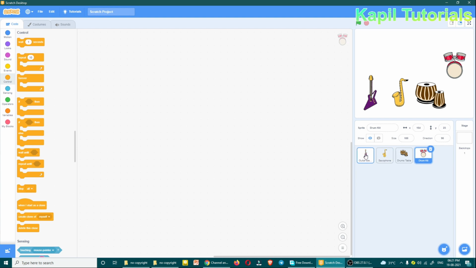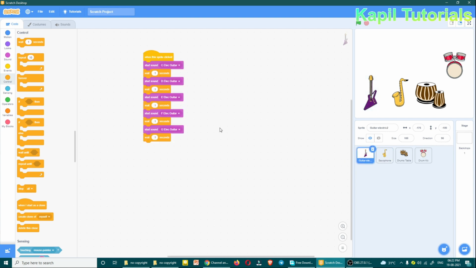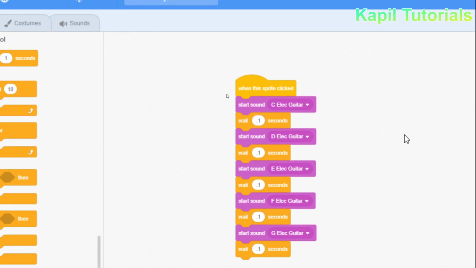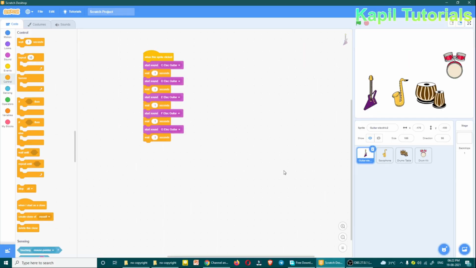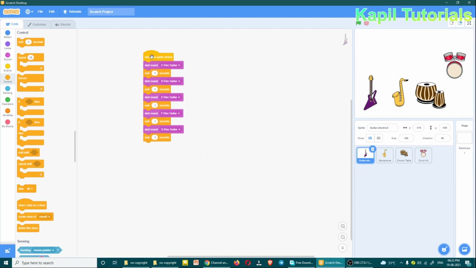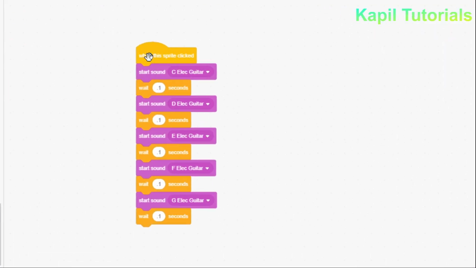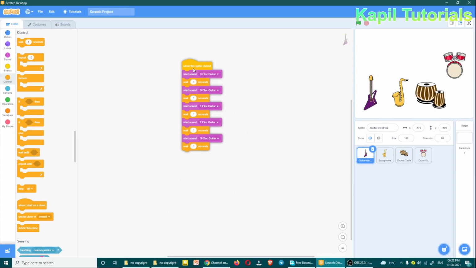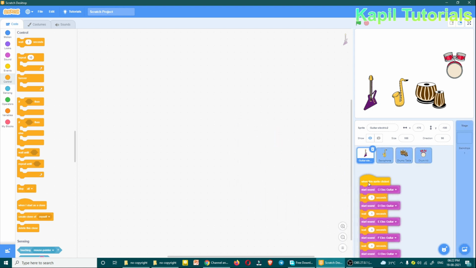So now I have already given the coding for electric guitar. So what I'll do, I'll just copy this coding, the same coding, to all other instruments. How do I have to copy? I'll just drag this coding towards other sprites. Just see how I'm doing. I have to just click upon the top where you could see the hand, and then I'll drag it like this, and then I'll just